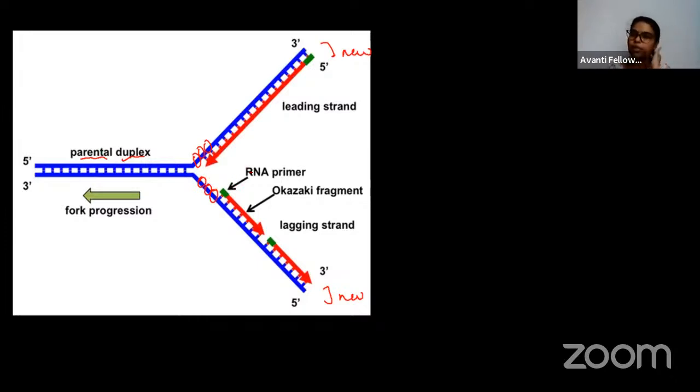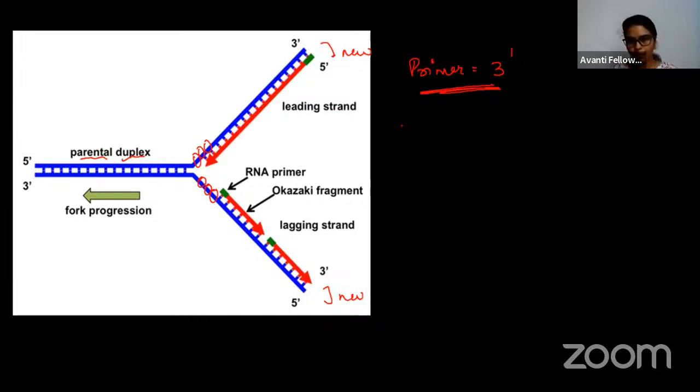After that there will be a use of primer. ठीक है, so there is a use of primer and I think all of you know that primer always binds to the 3' region. प्राइमर हमेशा 3' रीजन में जाके अटैच होगा. ठीक है, सो जहां पे 3' है वहां पे प्राइमर बनेगा. ठीक है, so now what happened? So here you can see there are two types of strands we are going to get.